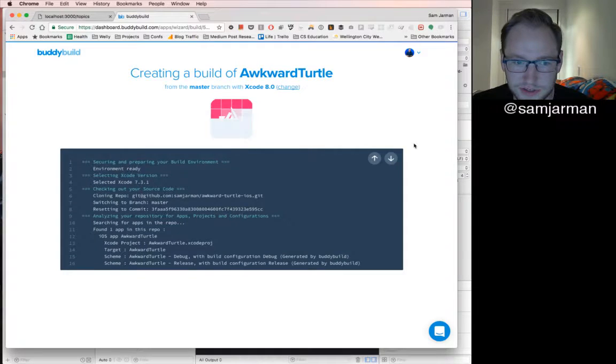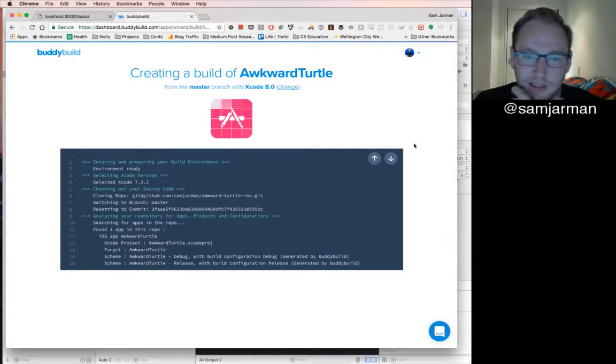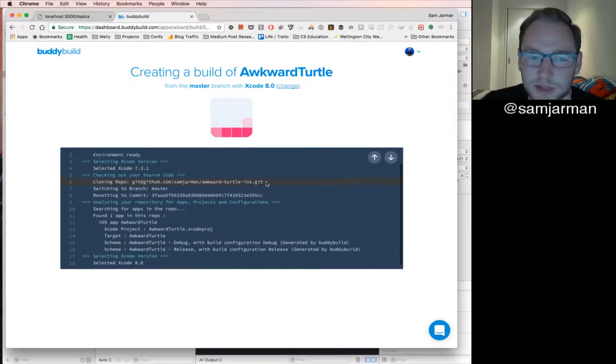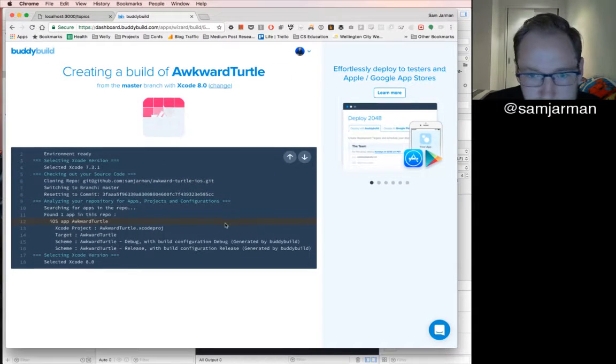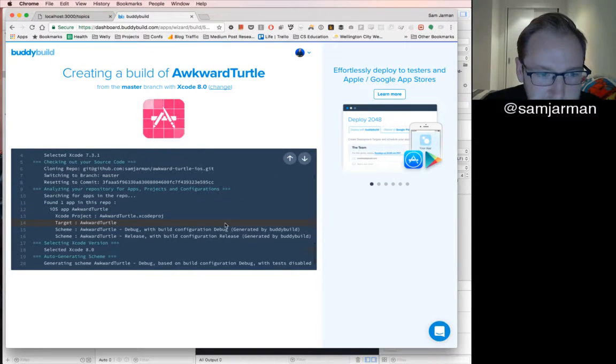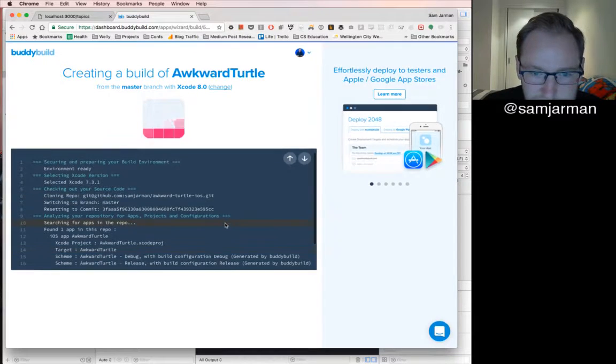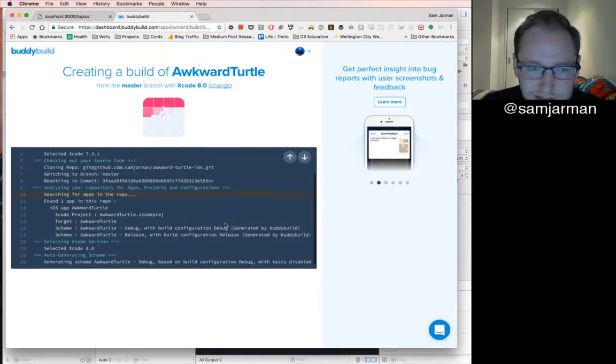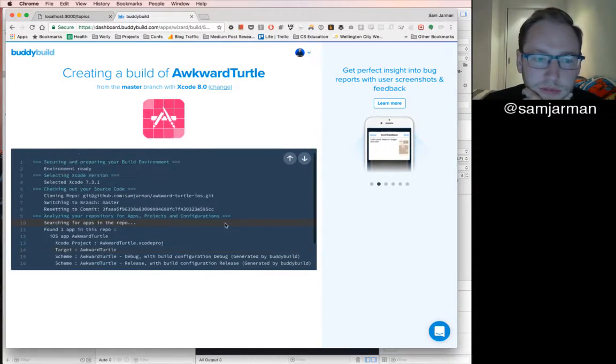It's very nice to use. Oh look, something's happening. The Xcode 8, I could change that. I might change it later. I've been building with 8.2, so I don't know what's going to break because of that. Now I have a log. Excellent. These logs can get pretty heavy, so usually they break Chrome before they break the CI.